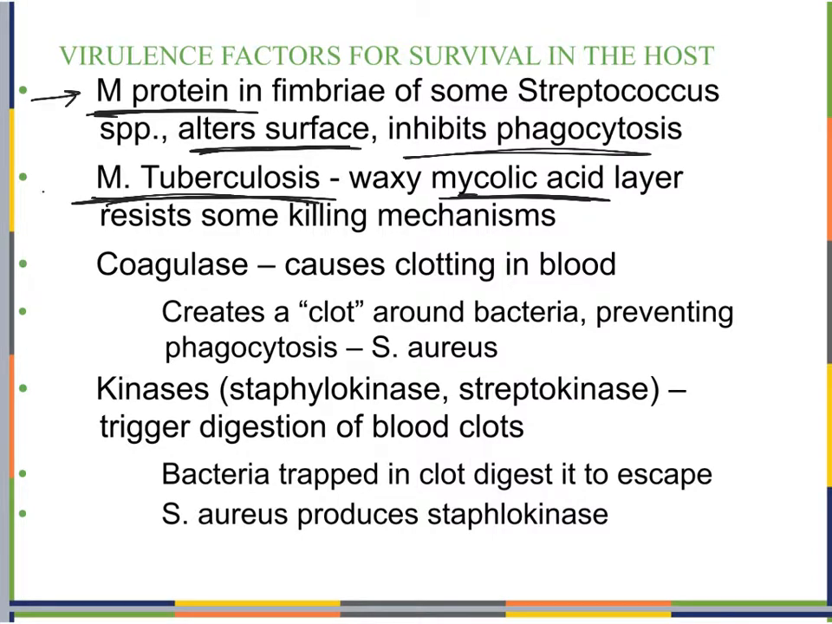So we have the M protein, we have the mycolic acid layer, then we have coagulase. Coagulase coagulates things, meaning that it causes clotting. So what this does is it creates a clot around the bacteria. Because it causes clots in blood, when the bacteria gets into the bloodstream, it can actually utilize the host's blood cells inside of the vessels, and it can create a clot, and then that bacteria is just going to hang out inside